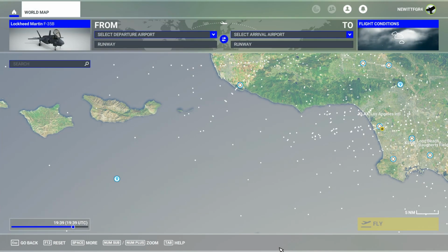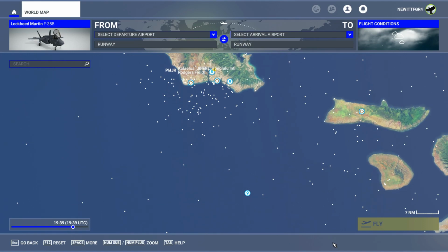There are also a few other places on the planet where the USS America is sat. One of those is off the coast of Los Angeles here. As you can see, point of interest LHA-6, and the closest military field I can find to that is Naval Air Station Point Mugu. So again, another place to launch from. And if you fancy somewhere a bit more exotic, there's also USS America off the coast of Oahu. So you can fly from Hickam Field,